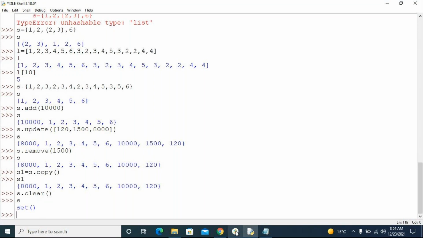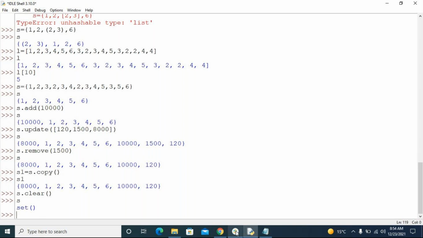Similarly, when it comes to list, you have append, insert, delete, remove, copy, clear, and extend. So we have several methods. Coming to the tuple, a tuple is limited. A tuple has only count, index, and length. You cannot add or remove elements, so a tuple is limited. Now coming to the set. You need to know how to represent a set first, what to pass and what not to pass inside the set. And you need to know that a set removes duplicates. It is another collection of elements.